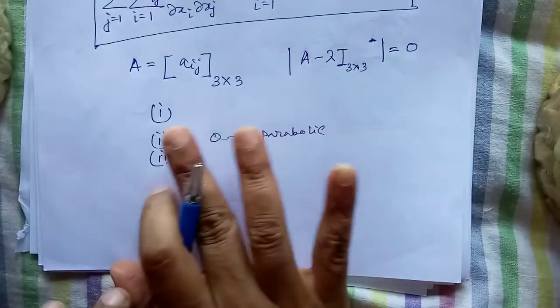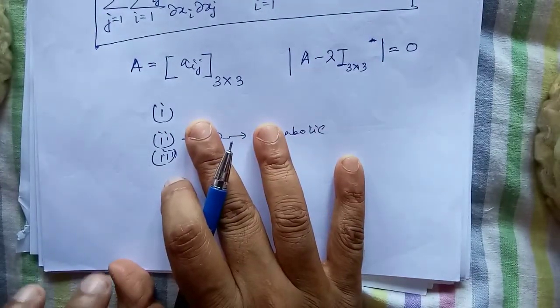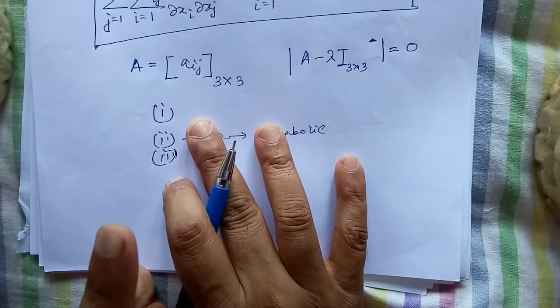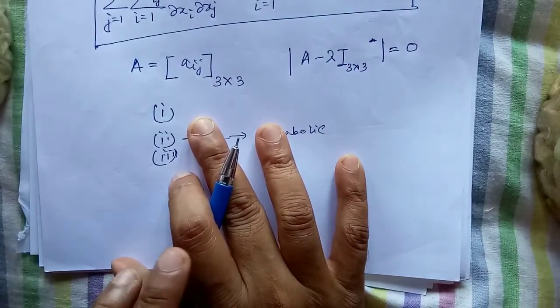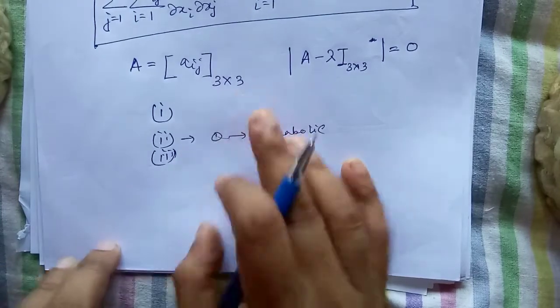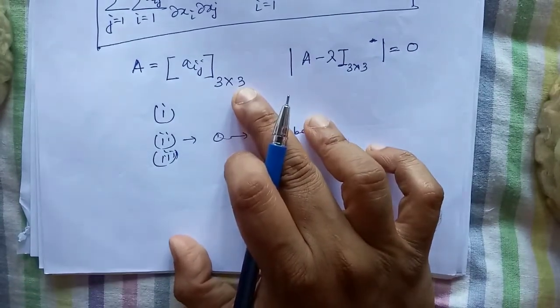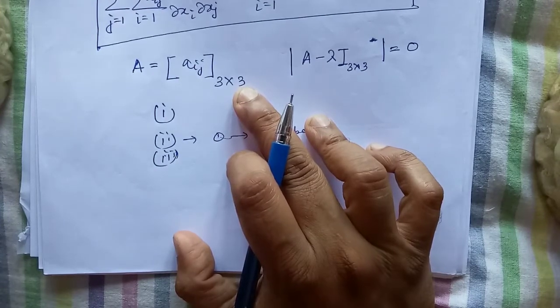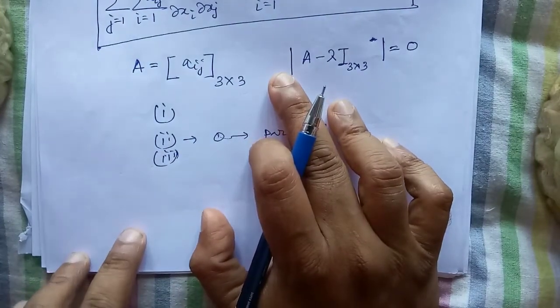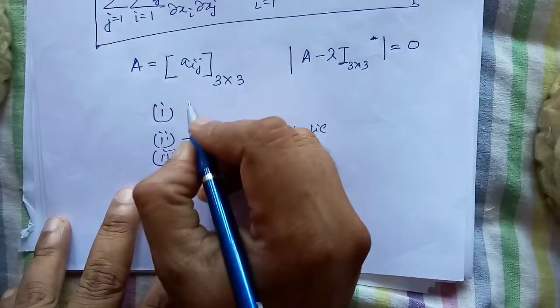If all are non-zero but all the signs are equal except only one, suppose, coming to the case of 3, say 2 are negative and 1 is positive, or 1 is negative and 2 are positive,